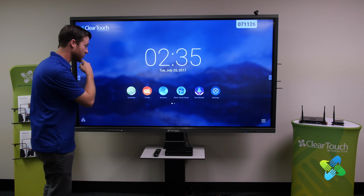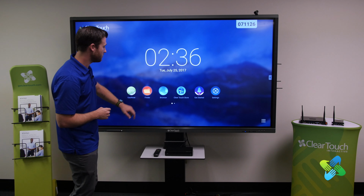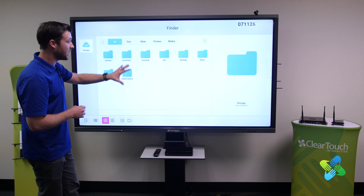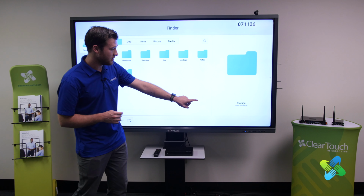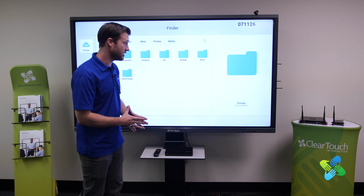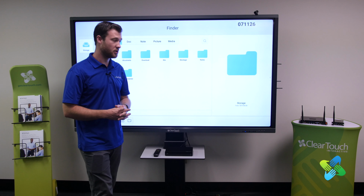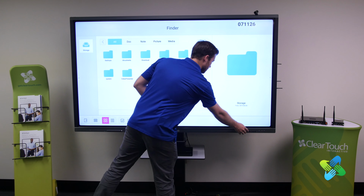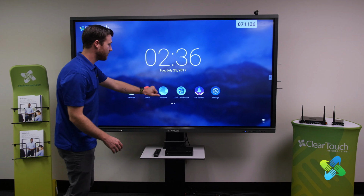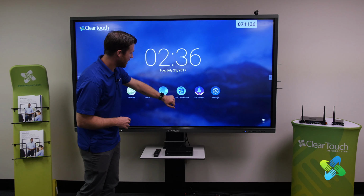Also on the built-in Android side, I've got a couple of utility features here. I also have a Finder system. So if I do have files saved on the internal storage for the internal Android, or if, like I said, I do have a flash drive plugged in, we can pull up any of our files, maybe a PowerPoint file that we want to pull up really quick, or a Word document, anything like that. We also have the browser, which will allow us to access the internet, and then we also have a ClearTouch